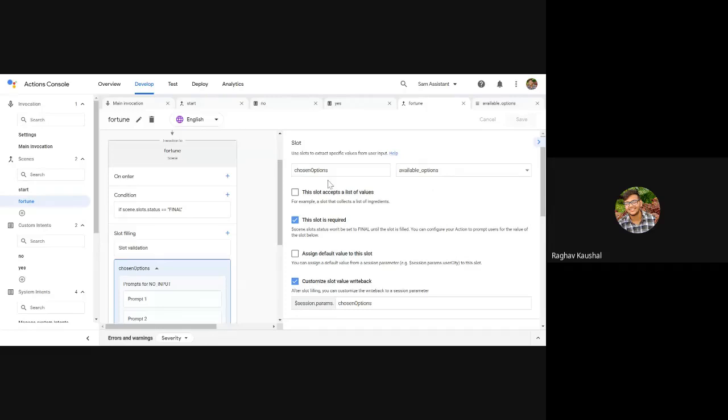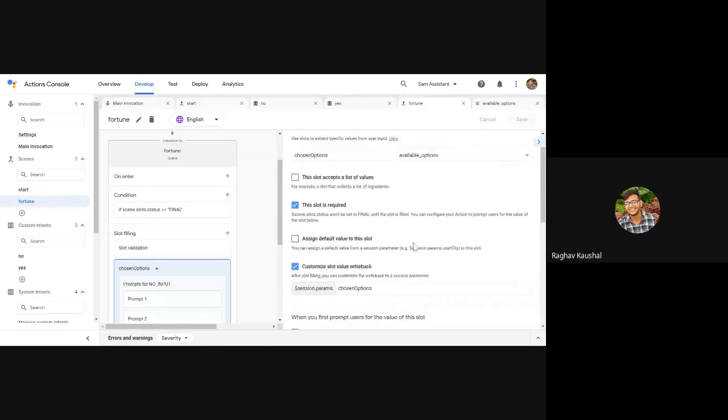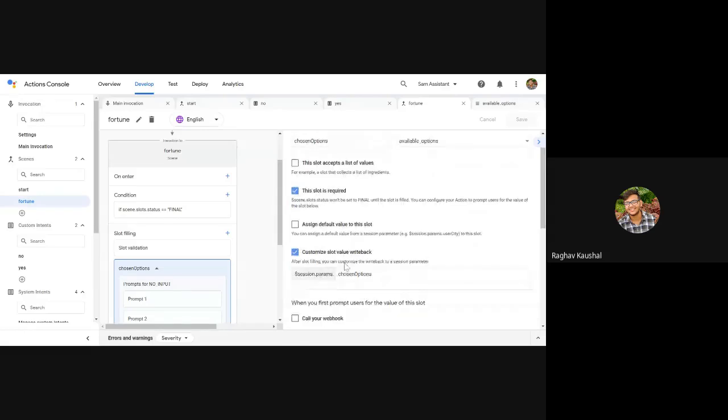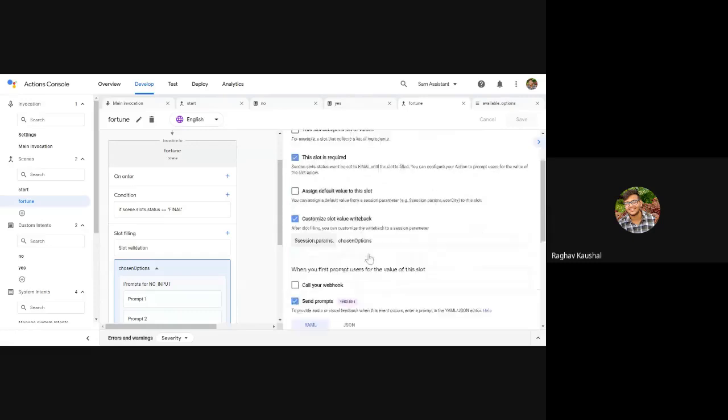Now you will see the customize slot value, right back. You'll see this option here. I guess I didn't show you this part, so I'll tell you now. After slot filling, you can customize the write-back of the session parameter.